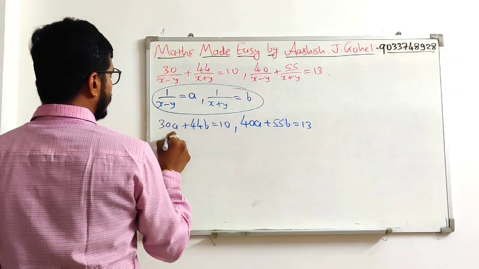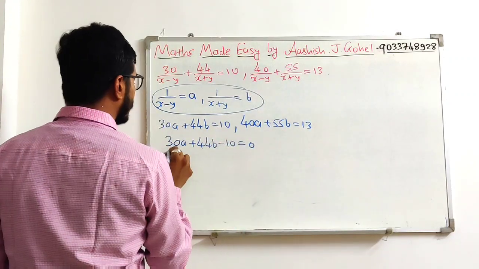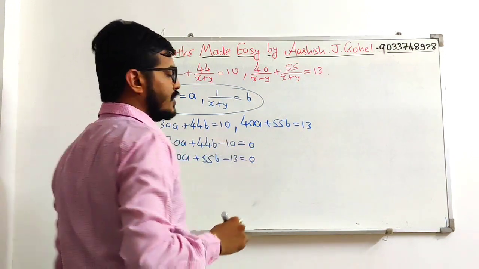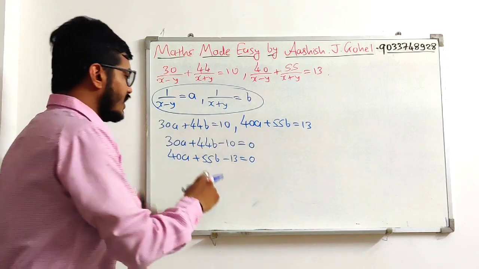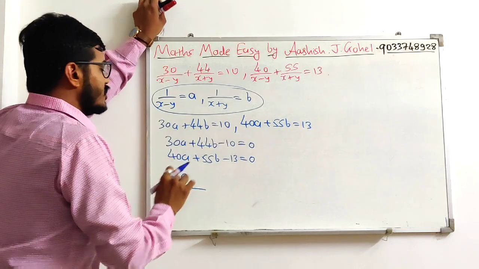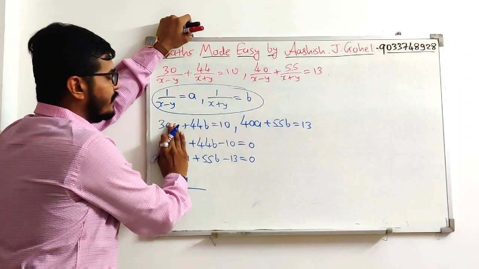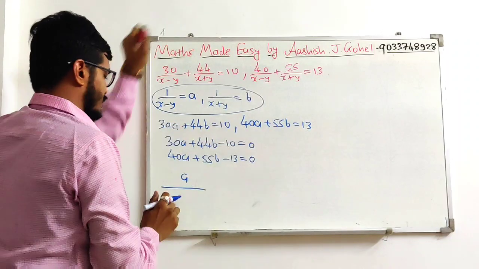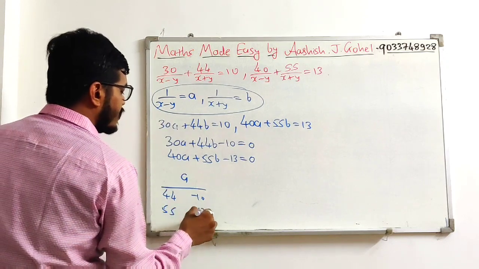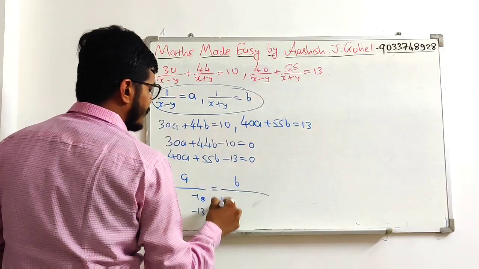So the first equation will be 30a plus 44b minus 10 is equal to 0. The other equation is 40a plus 55b minus 13 is equal to 0. Now next, a divided by, okay. In cross multiplication method, whenever we talk about a, then we will forget about this coefficient of a. We will write down coefficient of the other two terms. So it will be 44, minus 10, 55, minus 13, is equal to b divided by,